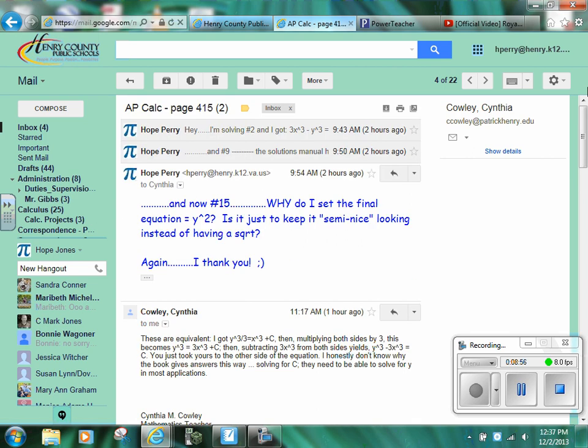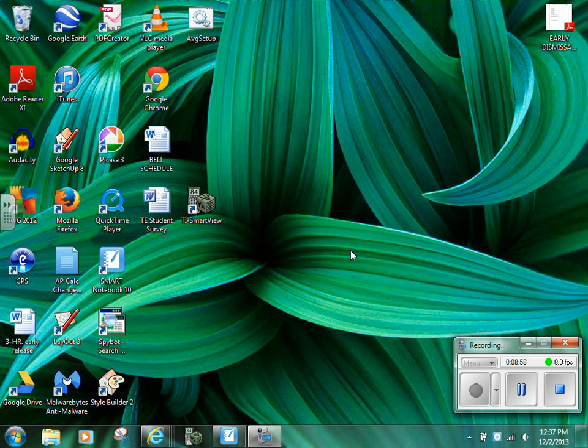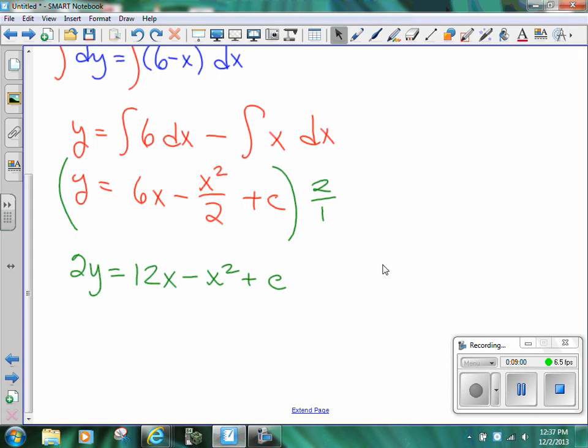Okay, 2 things, and that's why I was checking. I had a question to Ms. Callie about this earlier. Guys, please listen. When you're checking your answers, some of your answers in the back of the book are going to be set equal to C, and some will be set equal to Y. The letter Y, not the question Y, okay? So, that being said,